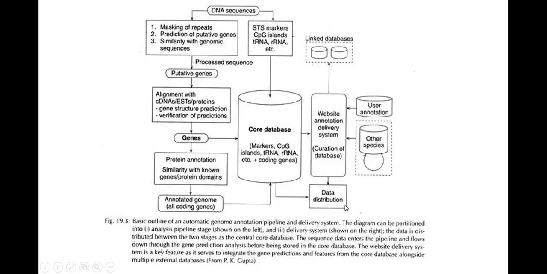Still, again, it may be a first draft only, that we don't know. Again, you have to look into the data, come back, check everything again, and redo the process until you ensure that every single nucleotide of the genome, ATGC, is properly and correctly annotated. That is an example of a core database in terms of genome annotation that you looked into.